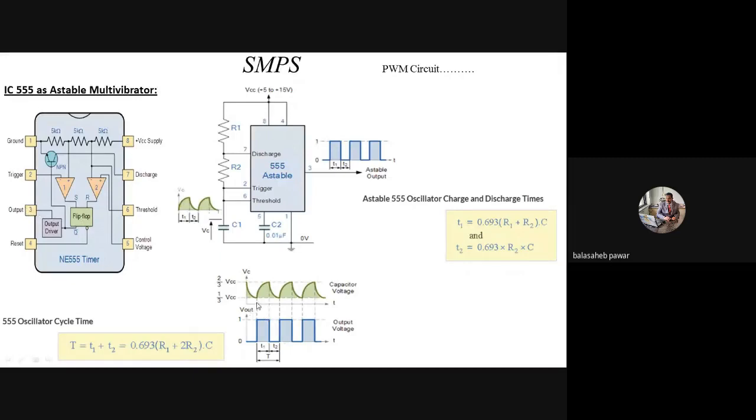Just a minute. During time period T1, the SR flip-flop output will be logic high. I don't know that flip-flop's truth table, but as per what is shown here, whenever the S condition is 1 and the R condition is 0, the output of the flip-flop will be 1, which means the output of this driver stage will be high. Here it is shown that during the charging time of the capacitor, the output voltage is at logic high. Whenever the capacitor voltage reaches 1/3 of VCC, the first comparator output will become 0. Now the conditions are 0, 0.